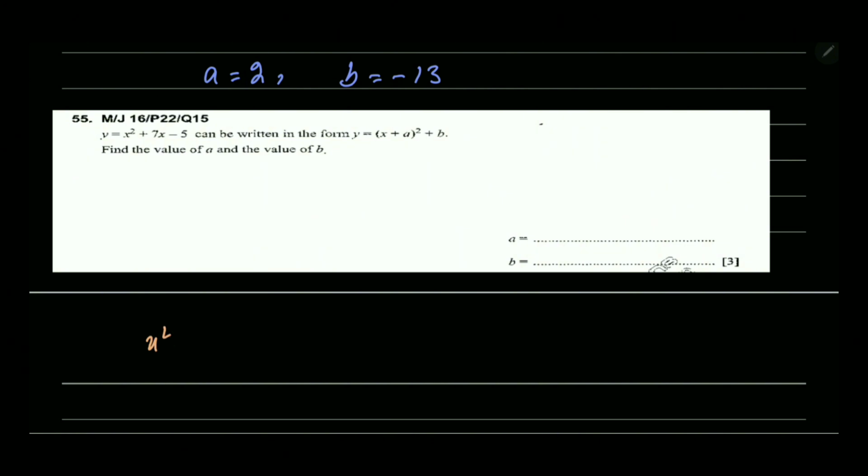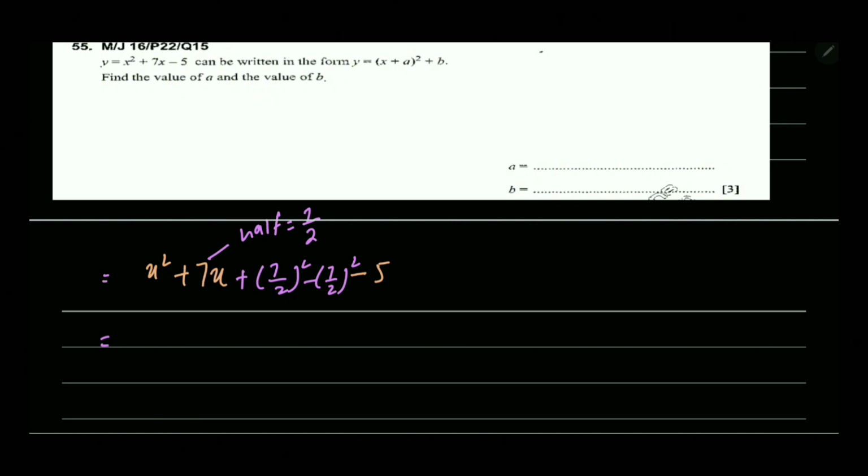Now x square plus 7x minus 5. Again the coefficient of x square is already 1, so no need to take anything common. x square plus 7x will remain as it is, minus 5 will be written with distance. Half of 7 is 7 by 2, so its square will be added and its square will be subtracted. The first three terms will make a formula: from the first term we take x, from the second term we take the sign, from the third term 7 by 2, square. Minus 7 by 2 square means minus 49 over 4, minus 5.